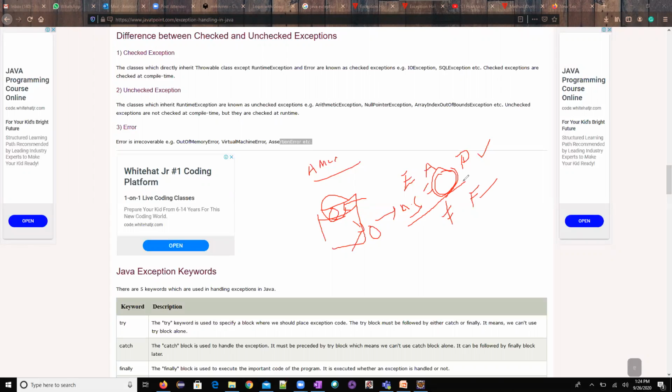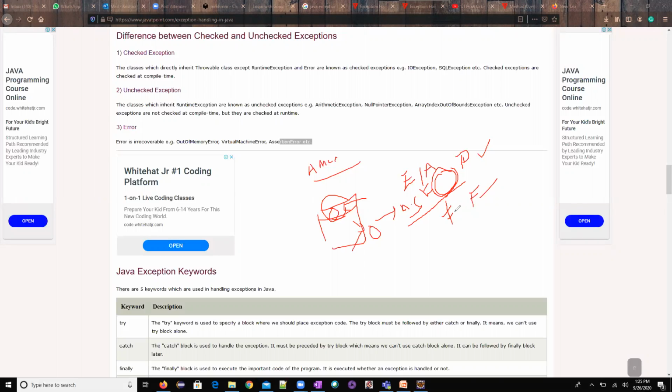Assertion error. This is an assertion error. I'm just trying to assert the value. Asserting is nothing but comparing the values. When I tried to do this particular assertion, it didn't work at all, which means it failed. Then there is no point in me going further, right? This is not an exception. This is an issue, or this is a bug.